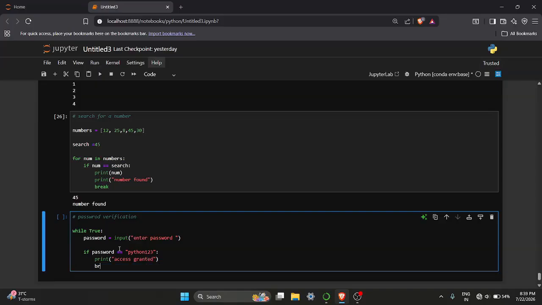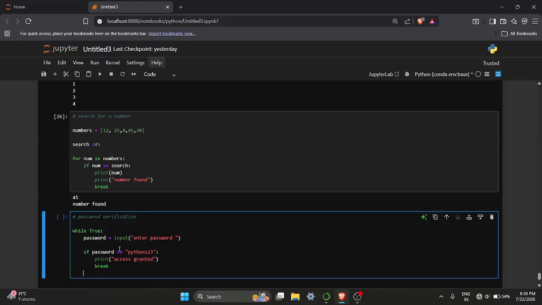And then we say break, else print password is incorrect. So what the loop will do, until we are entering a password here, it will check if